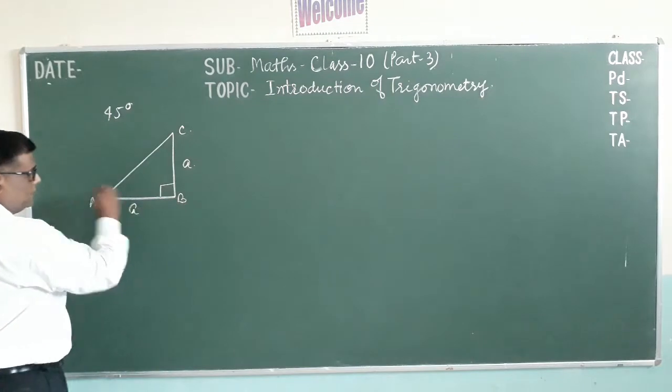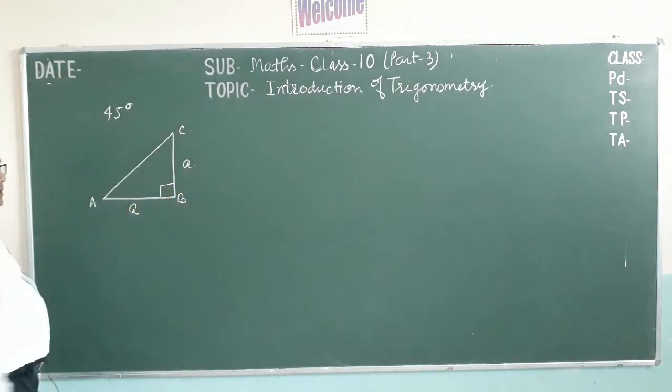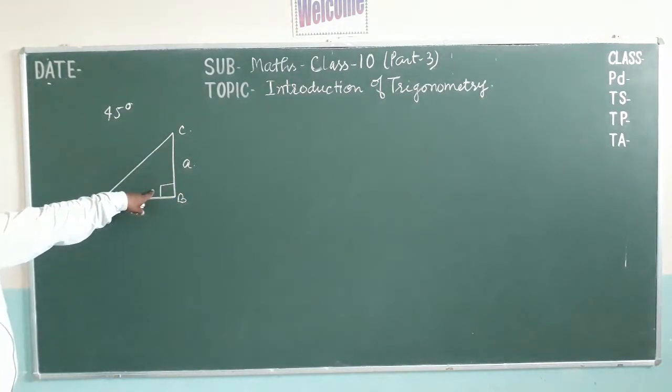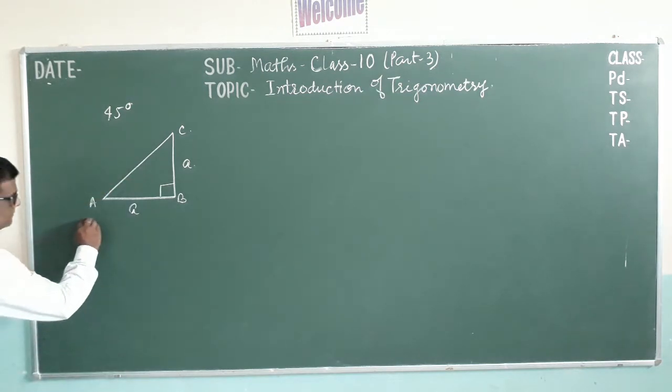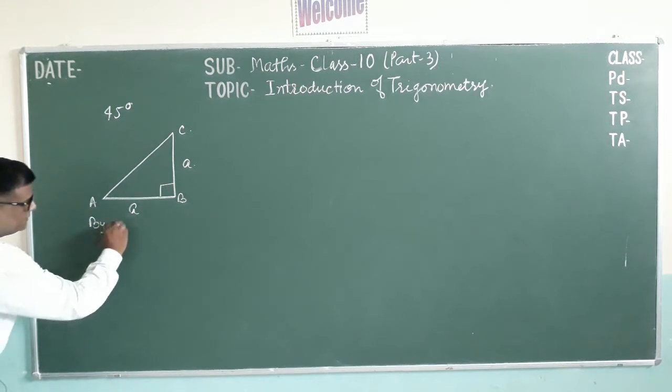Now this is also A. So these two sides are equal, and one angle is 90 degrees. So this triangle is an isosceles right angled triangle. Now we have to first find the value of AC. So by Pythagoras theorem,